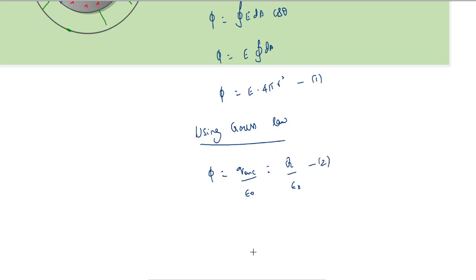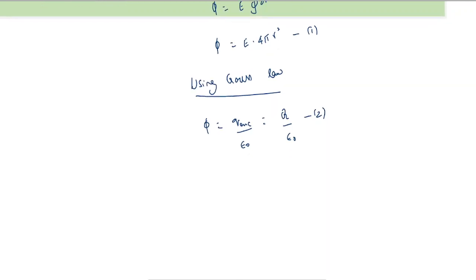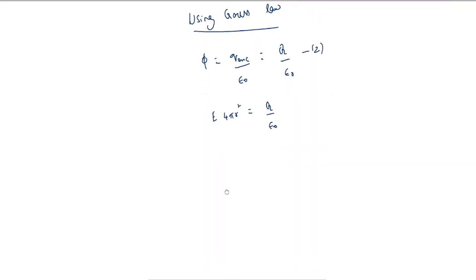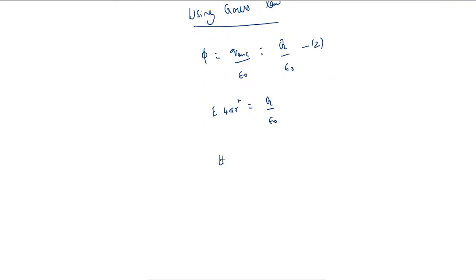This is recorded as 2. Let's equate 1 and 2. So from 1 and 2, we find that E into 4 pi r square is equal to Q by epsilon naught. Or from here we can say E is equal to Q by 4 pi epsilon naught